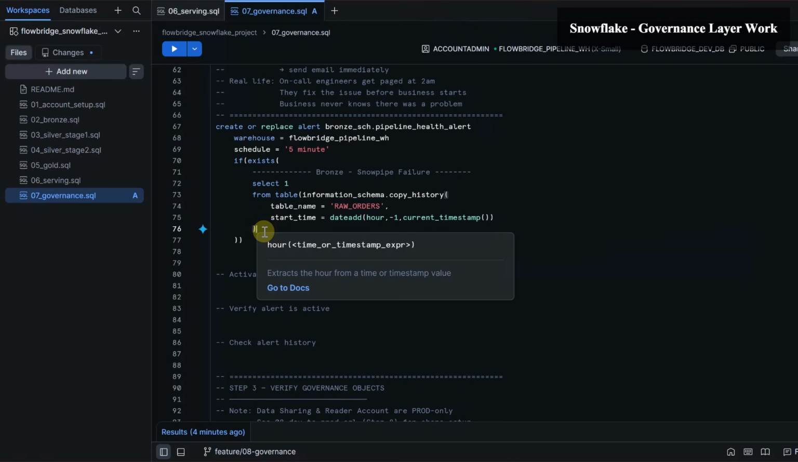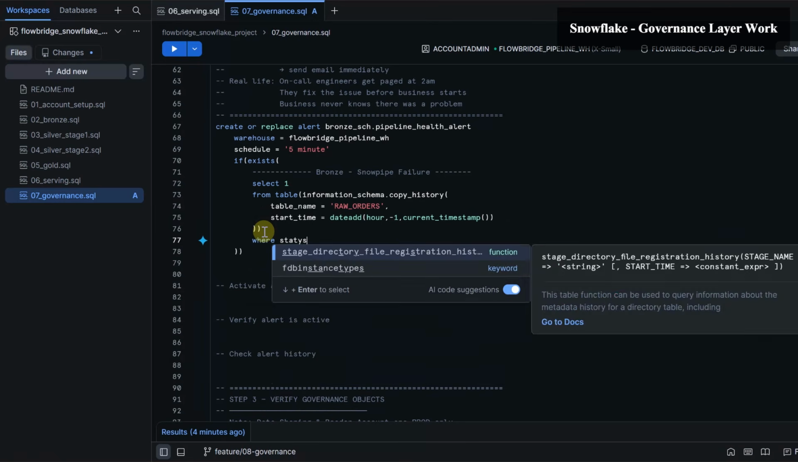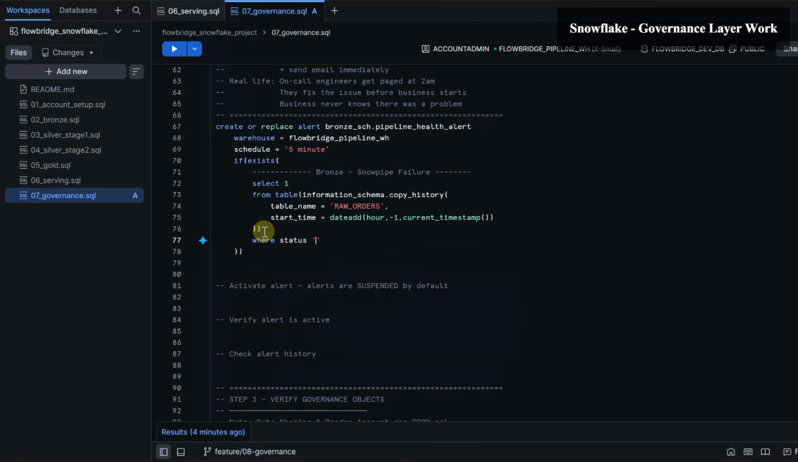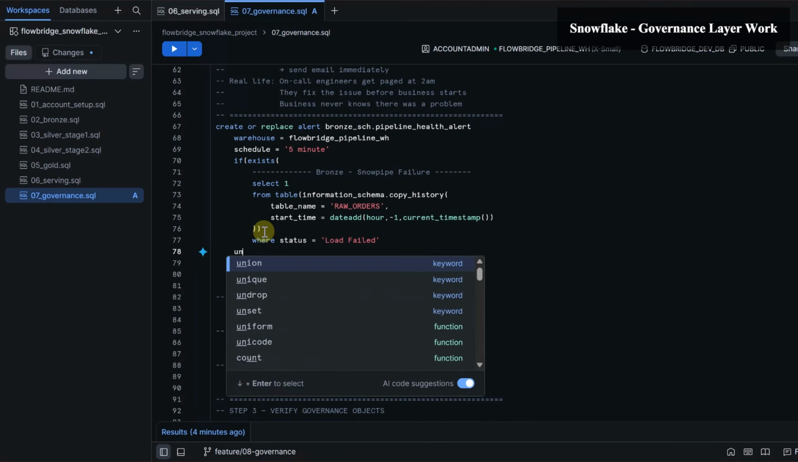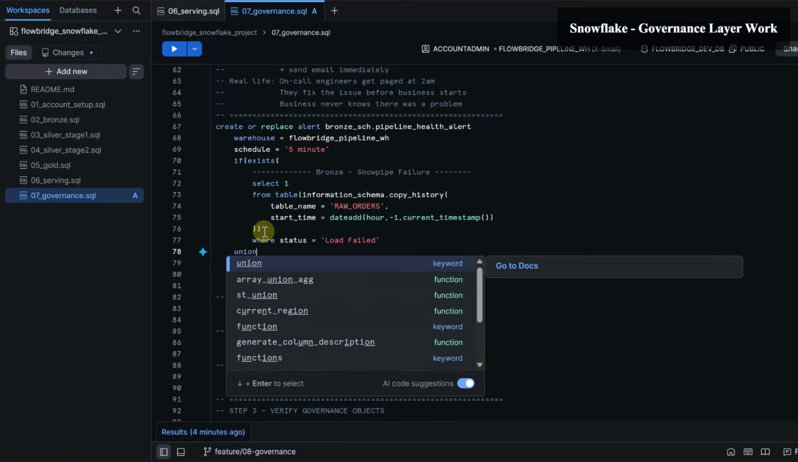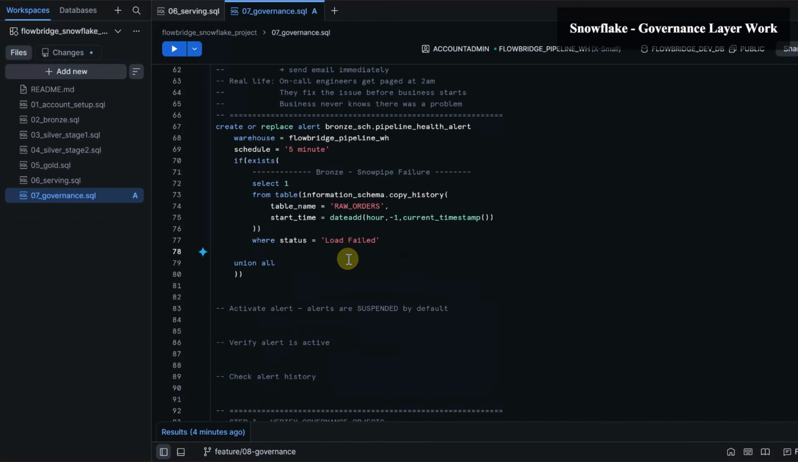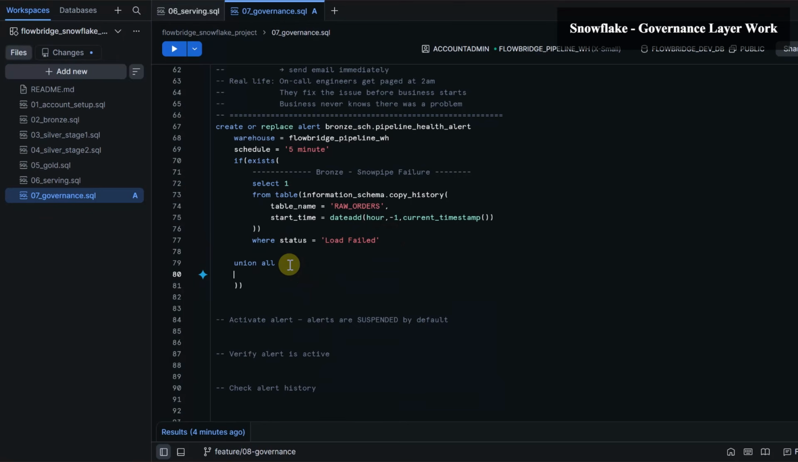And here we will check our where condition, where status is equal to load failed. Now we will have union all. This one was our first failure alert. Then our next failure alert would be on